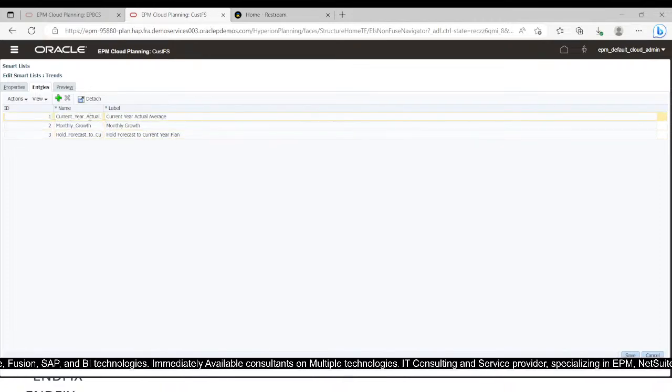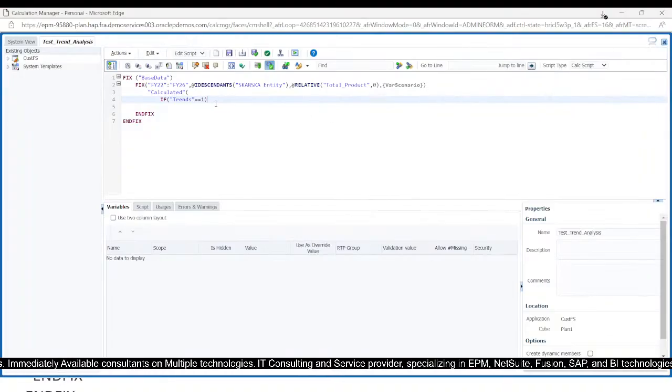So each member is having their ID named 1, 2 and 3. So when we have selected trends double equals to 1, which shows that we are calculating the trend named current year actual average. Okay,